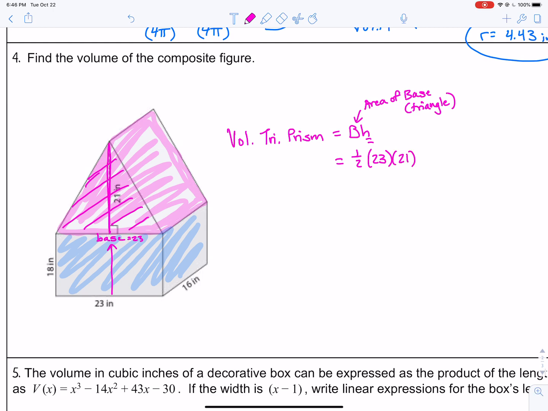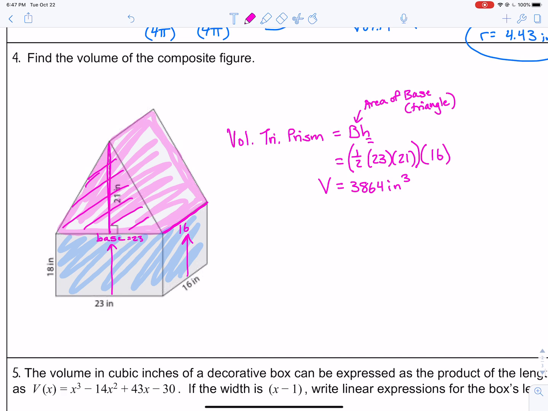And that would give us the volume of the triangular prism. Oh, I need one more thing. Sorry. That is the area of the base. I still need the height of the whole prism. And the height of the prism is right here with the 16, because if you lay it on the side, that would be the height of it. All right. So when you multiply all of that together, you get 3,864